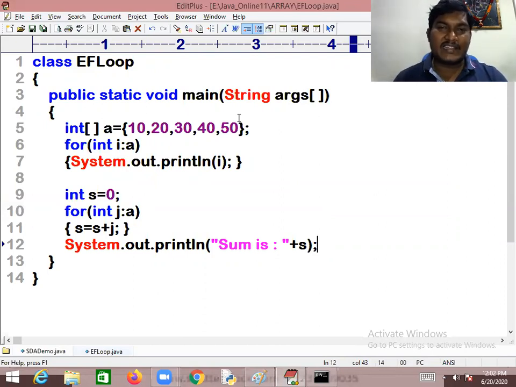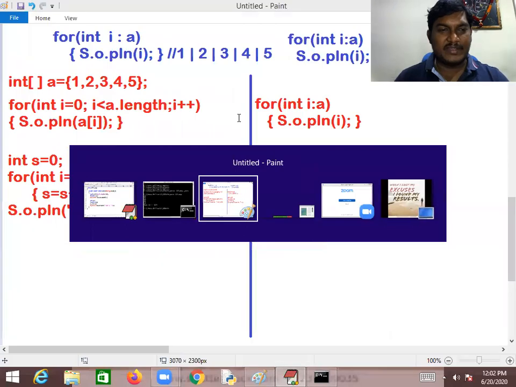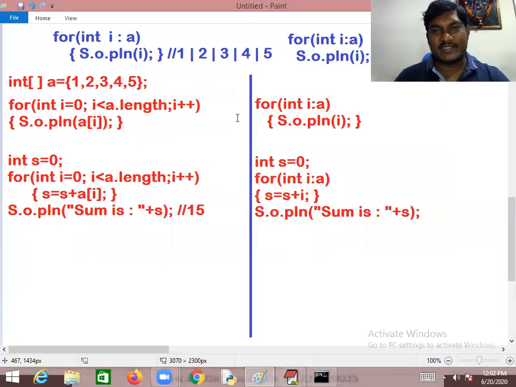So now onwards, here and there, I will be using this enhanced for loop. But this is the difference you need to understand. The enhanced for loop is specially meant for reading the values from the collection. It always starts reading the values from the collection from the beginning, and the process will be continued till the end. Got it, my dear? This is about single dimensional arrays with the enhanced for loop like this.